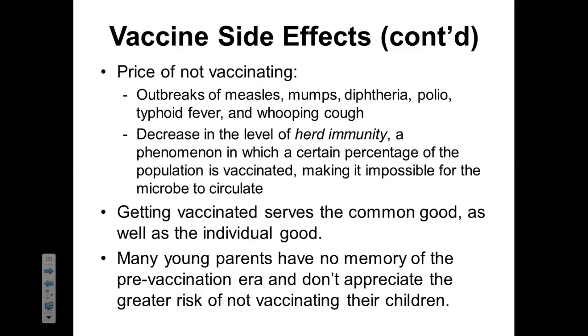If almost everyone in the population is immune to the disease, it's very difficult for the disease to pass through the population and get to the individuals that are actually susceptible to it. For herd immunity to work, we need over 95% of the population to be vaccinated. And then those remaining individuals that can't get vaccinated, maybe they're immunocompromised, maybe they are allergic to the vaccine itself, for whatever reason, maybe they can't be vaccinated, maybe they're too young to receive the vaccine. Those individuals can be protected by everyone around them that's immune to the disease.